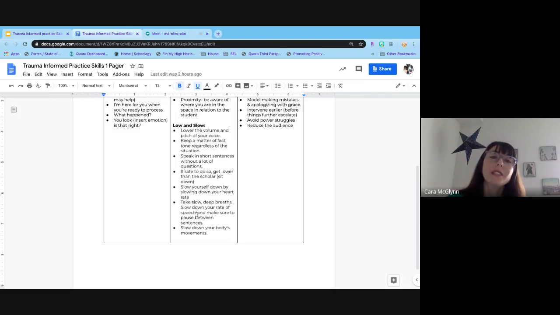If you do have to give a directive, make sure that it's very short and allow for a lot of processing time before you give another directive. 2 minutes is perfectly acceptable. It might feel like a long time, but it's taking that long for some students to even process that simple one step direction. And if we're working in a team at that moment, one of the best things we can do is to reduce the amount of team members involved.